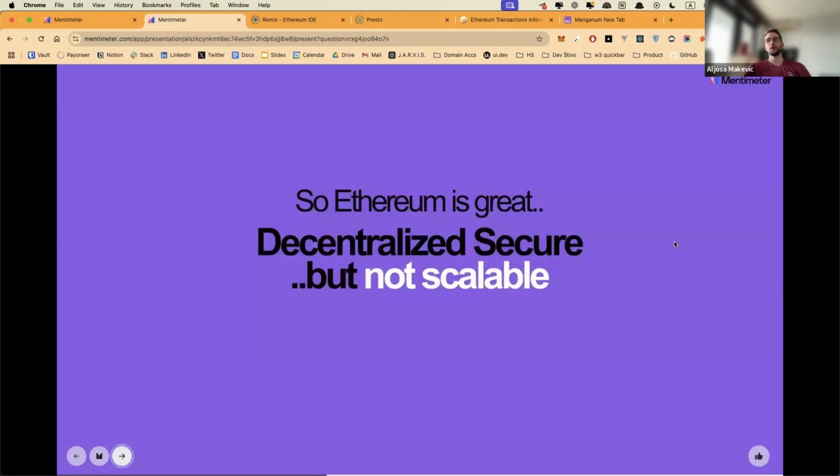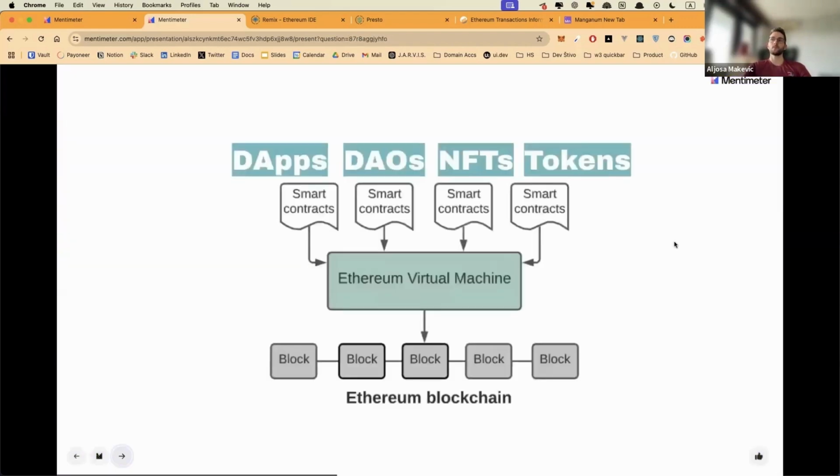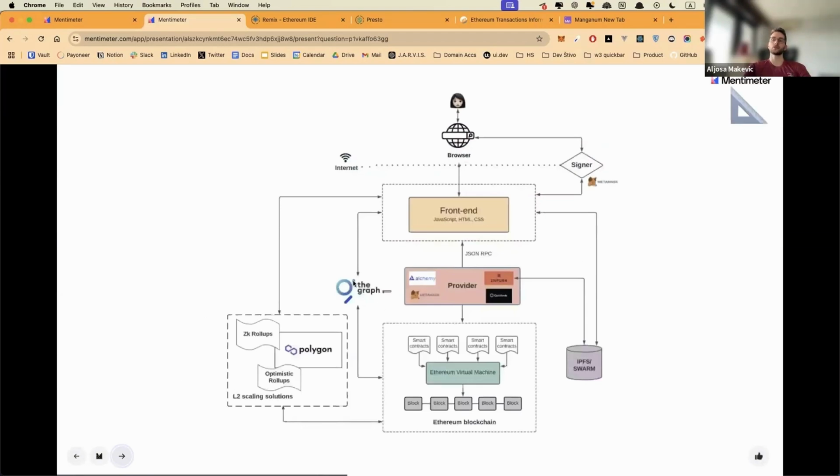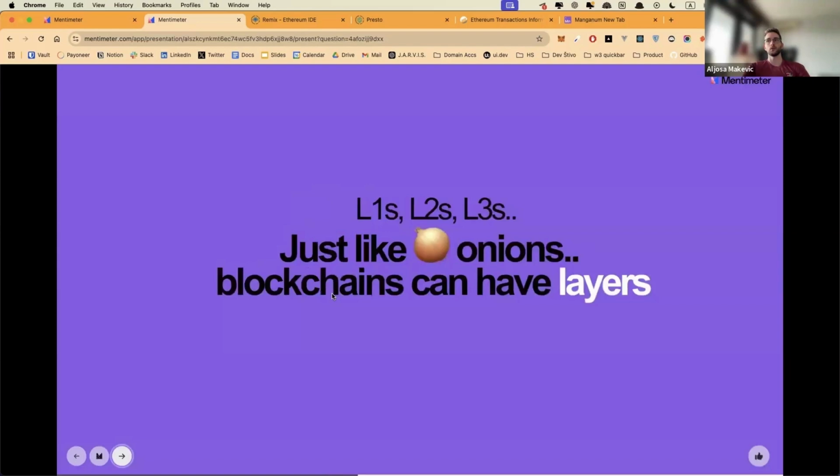So Ethereum is very decentralized and very secure, but it's not scalable. And I told you we can build anything we want on top of Ethereum, and including that is actually another blockchain. So there are layer 1 and layer 2 blockchains. And we'll be talking more about that right now.